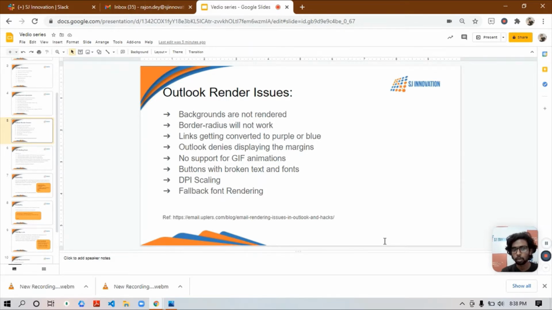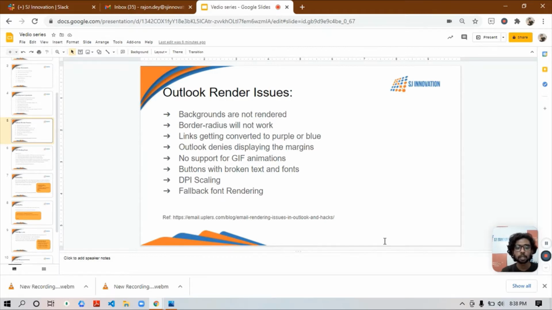Though it's possible, there is a high possibility that it will break somewhere, so try to avoid this one. But you can still use it in the browser. In the browser the radius will show, in Outlook the radius will not work. Your Outlook subscribers won't see it, but there is a possibility that other audiences will get it, so you can still use it.